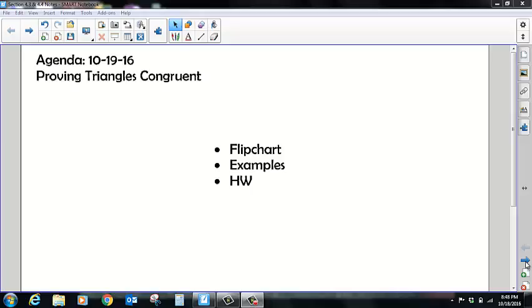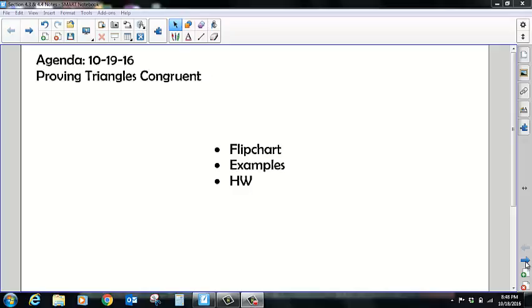All right, ladies and gentlemen, today we are going to start talking about shortcuts for proving triangles congruent. Yesterday we took a look at needing to have three sets of corresponding sides congruent and three sets of corresponding angles congruent, but today we're going to focus on some shortcuts. So you will need your flip charts out, and then the sub should have passed out a little